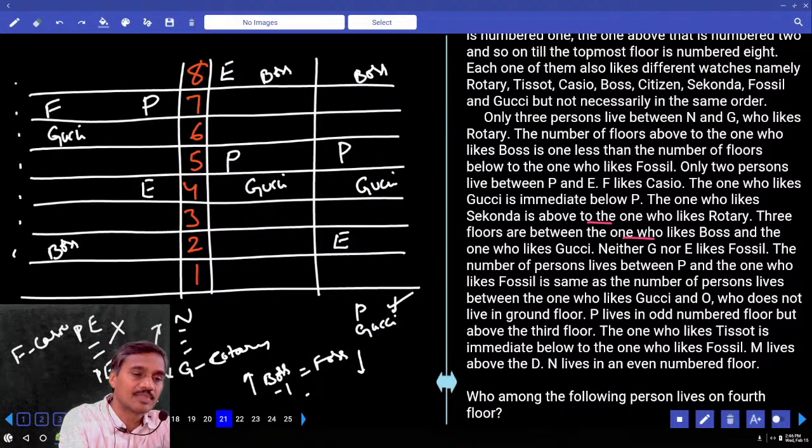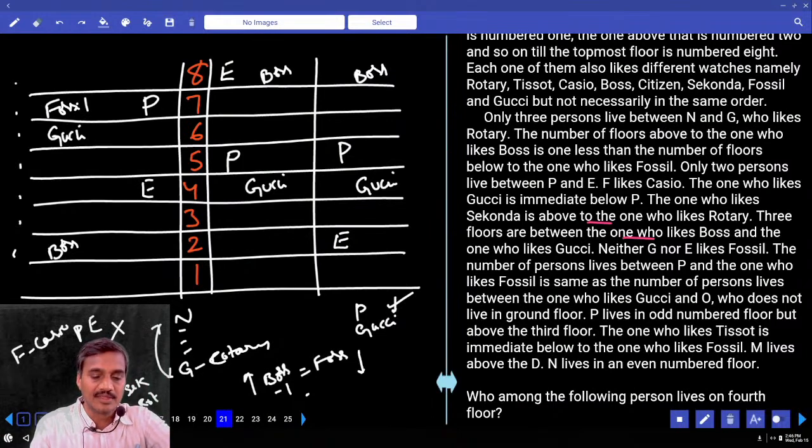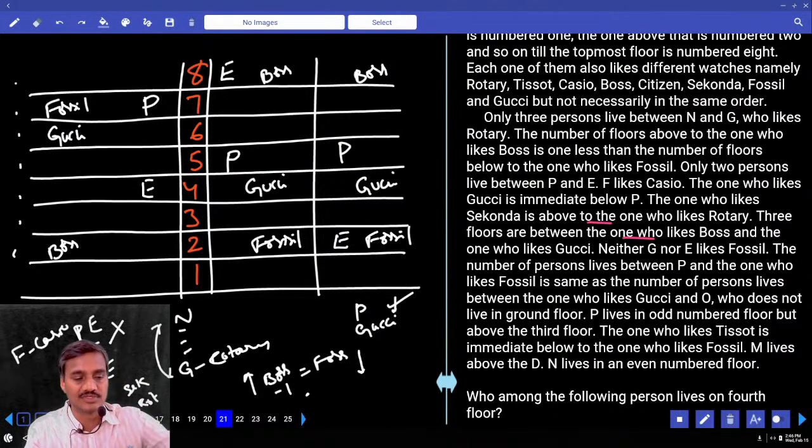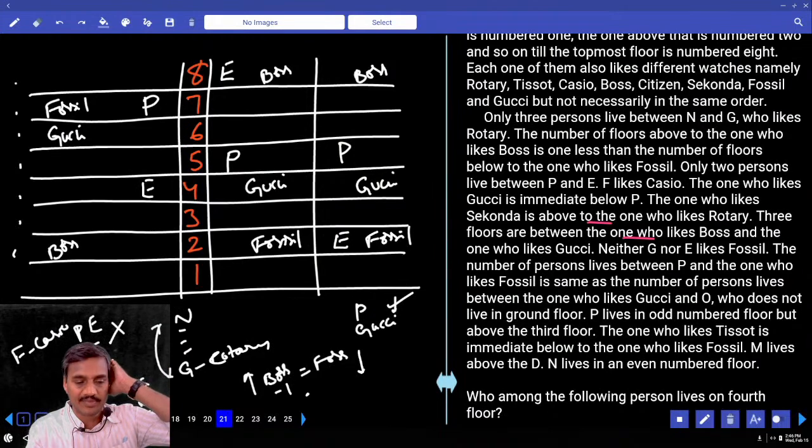Hence where should this fossil be? Fossil must be P. Does it fit or not? Then again, boss. Now boss, how many? 1. And hence fossil, where should fossil be? Hence at the second floor. Number of floors above this boss is 1 lesser than below this fossil. Now here also fossil must be here. Does it fit? Boss and fossil. Then next one is,